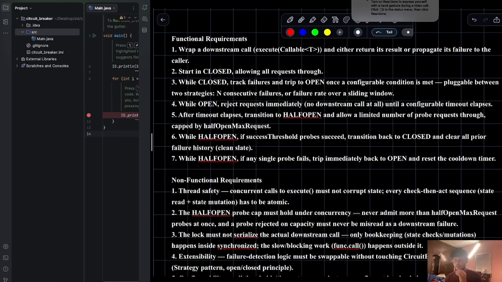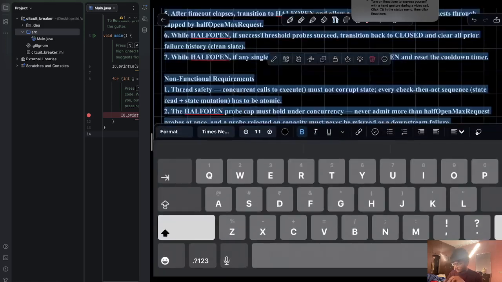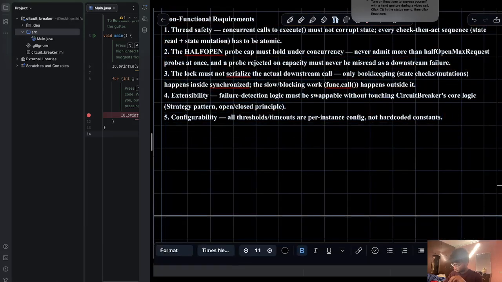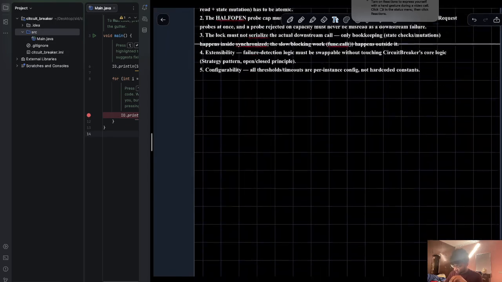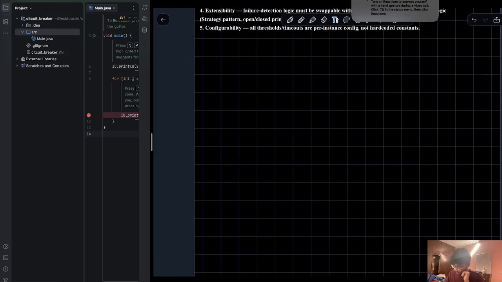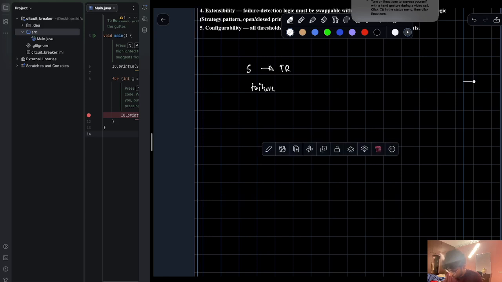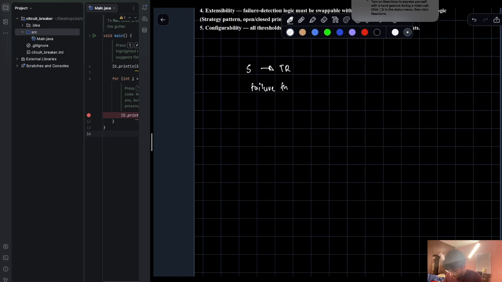Let us say that there are five requests in total, and you have a failure threshold of